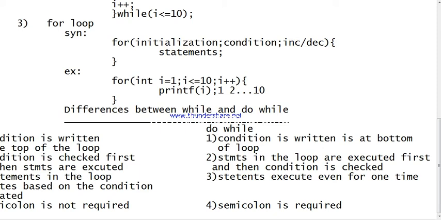But in the do while statement, the statements are executed, then after that the condition is checked. For this reason it is also called an exit control loop. In a while loop, the statements in the loop execute based on the condition evaluated. In do while, statements execute even for